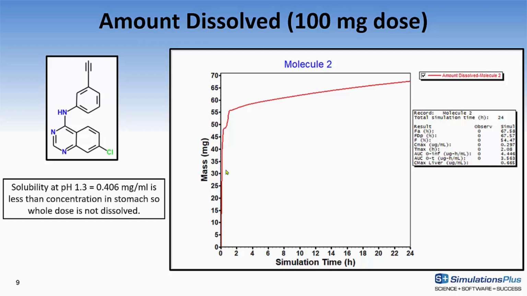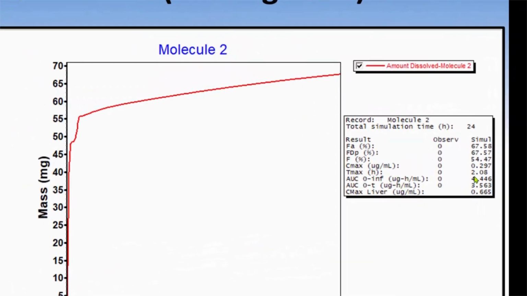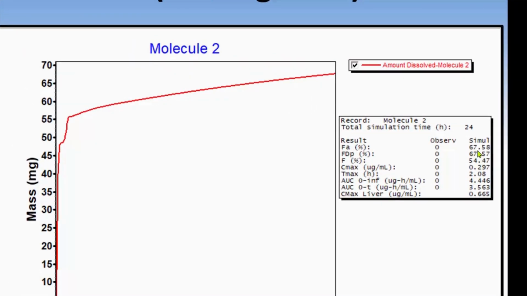When the compound gets into the stomach, it dissolves very quickly, but it doesn't fully dissolve because the solubility in the stomach at pH 1.3 is 0.46 milligrams per milliliter, and that's less than the concentration in the stomach. So the whole molecule is not dissolved. Then it starts to work its way down the GI tract, an additional amount dissolves, and after about 2 hours, it slowly dissolves. But the oral fraction absorbed is only 68% in this example,